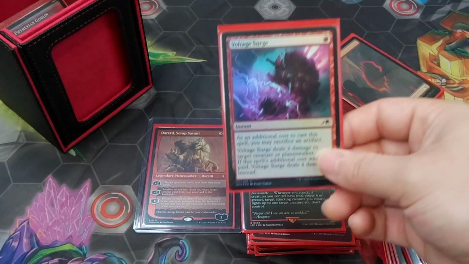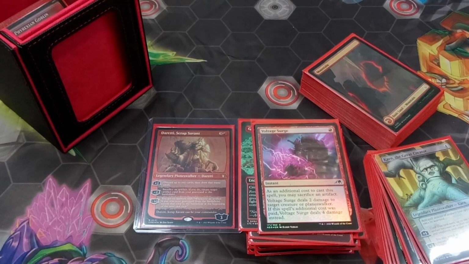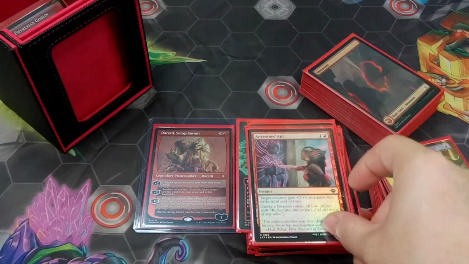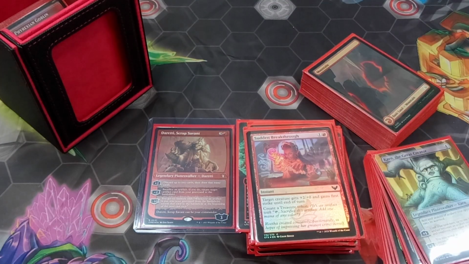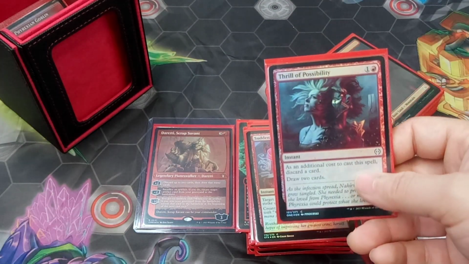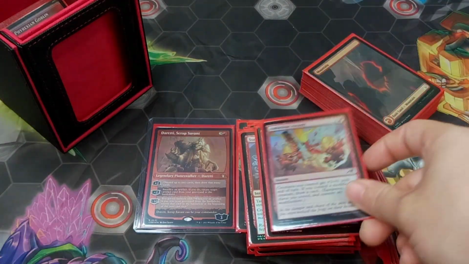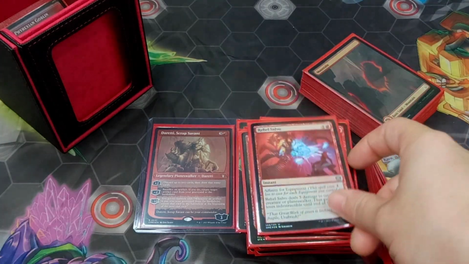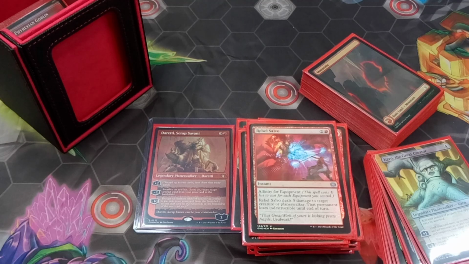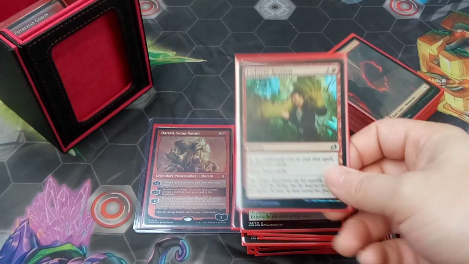Now then, for instants, starting with Voltage Surge, Ancestor's Aid, Sudden Breakthrough, Thrill of Possibility, Ambitious Assault, and the Rebel Salvo. That's it for instants. Now finishing everything off with sorceries, Gleeful Demolition, Cathartic Reunion,